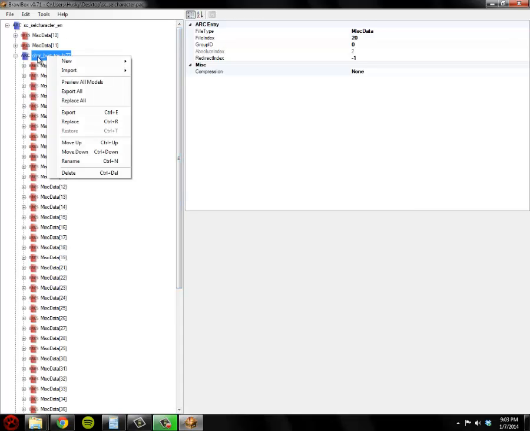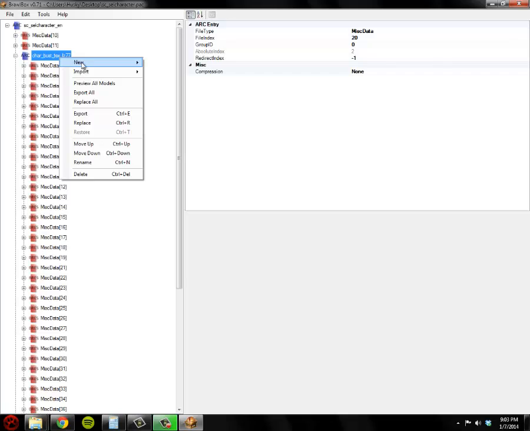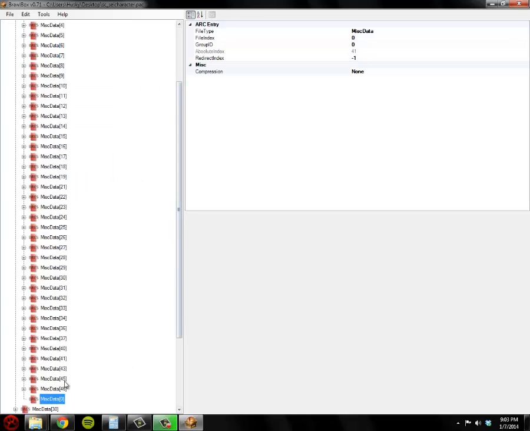So what you can do is right click on charbust text and click new BR resource pack. It's gonna come out misc data 0, and that's not gonna work. So what we're gonna do is we're gonna name it 110, and that's to avoid any conflicts with any other IDs that are in the game. So just name it 110 in the file index up here. Change the compression to extended LZ77. That's really important. It will crash if this is not LZ77 or extended LZ77.